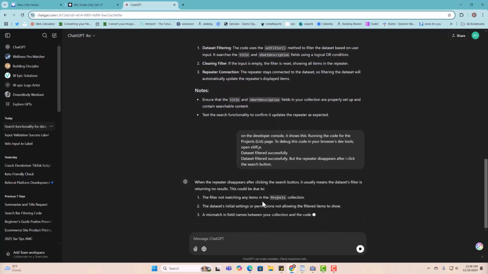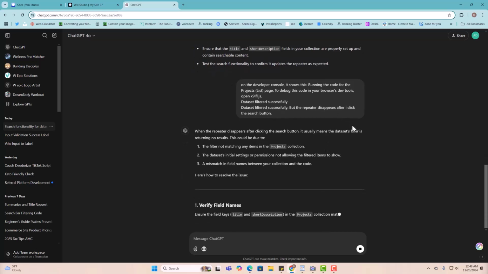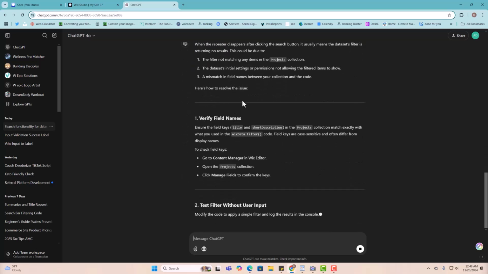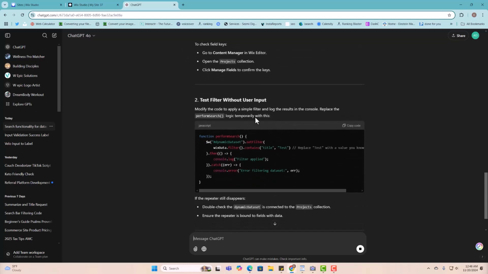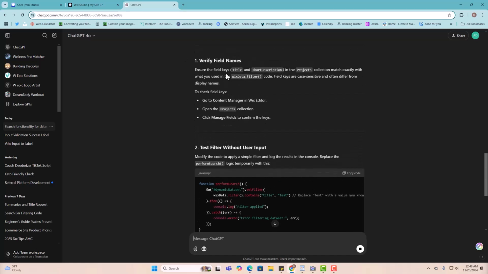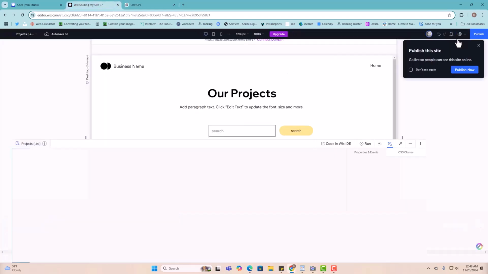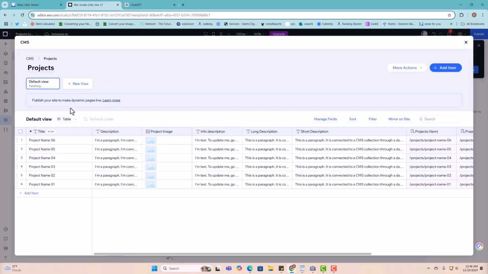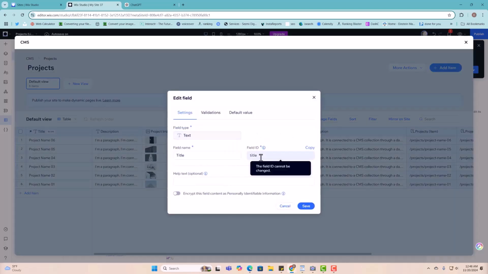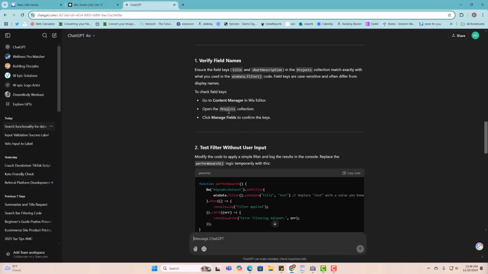So it's gonna tell you, okay, try this. When the repeater disappears after clicking the search button, it usually means the dataset filter is returning no results. This could be due to the filter not matching any items in the project. So it's kind of telling you what you need to look for. Make sure that the field ID is correct, which if we go back to the settings here, we can go under projects, and then you can always make sure, because it can happen, even if you're an expert, you might have misspelled this, so you check all your field IDs are correct. So the projects collection, and then